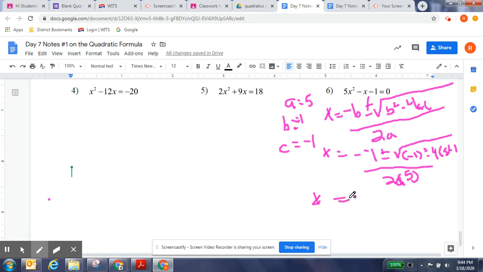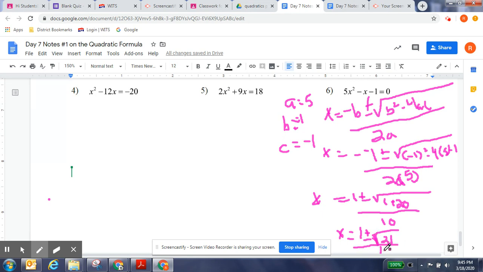So x equals 1 plus or minus the square root of 1, -1 squared is 1, minus 4 times 5 times -1, which gives me a positive 20 over 10. So I've got x equals 1 plus or minus the square root of 21